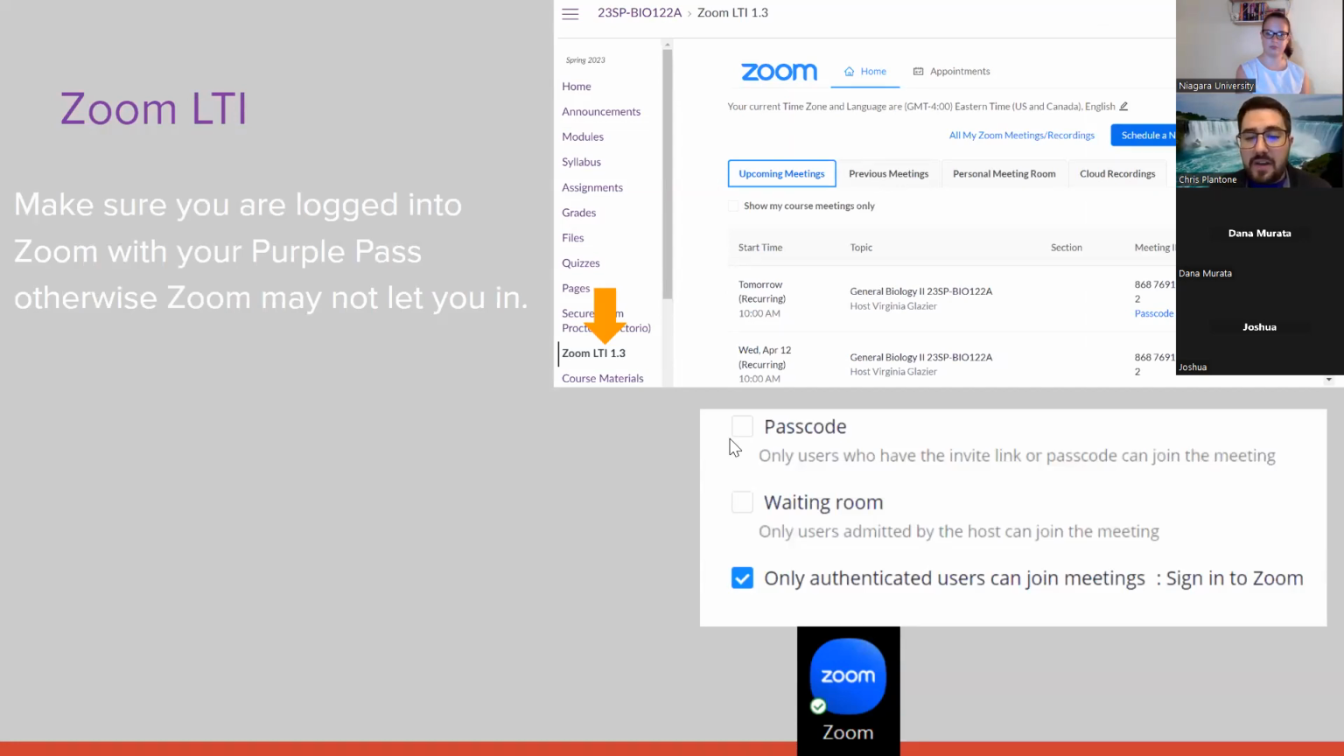And a lot of professors will do this: authenticated users can join the meeting. That means that you have to have a Niagara University email enabled to join. So if you're having trouble, you may have to sign out of Zoom and sign back in using your desktop